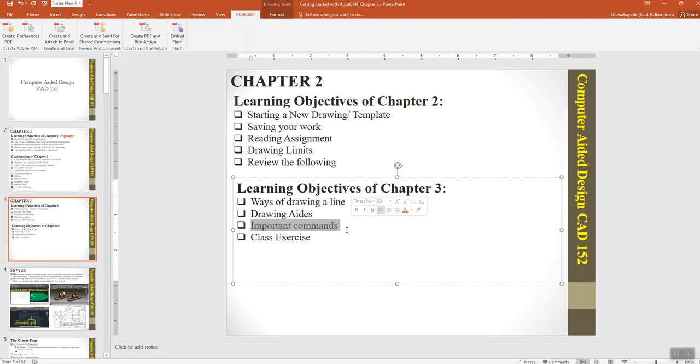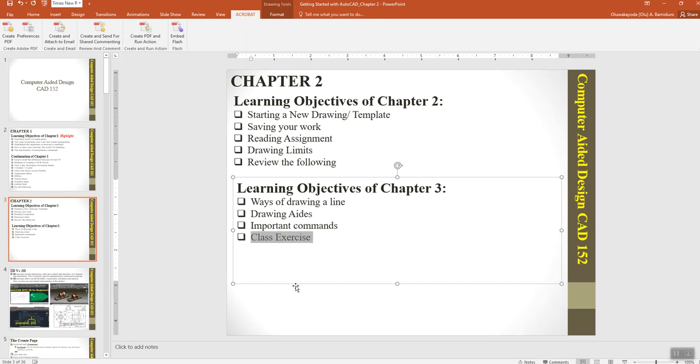Again, there are different ways of initiating a command. Some people like the keyboard, some people like the mouse more. Again, it's your preference. And then we'll dive into a class exercise, which will be separate. I don't want to make this video too long, so I'm going to break it up as much as I can. You don't have to sit there for long hours, you can have it in pieces as you go,